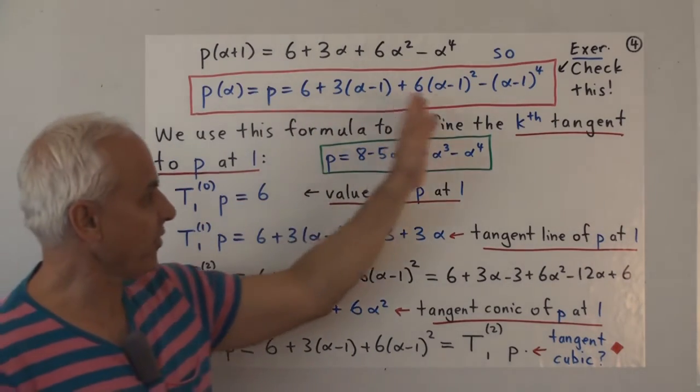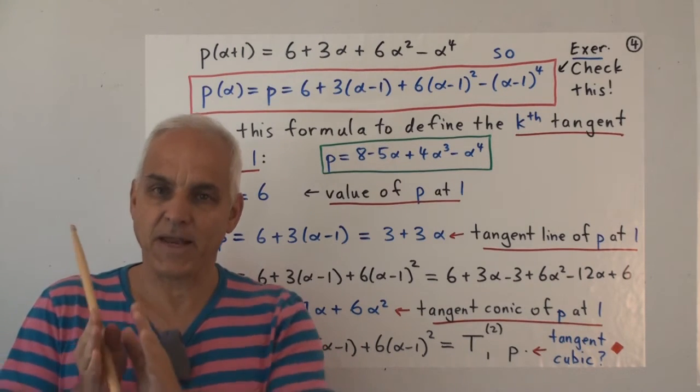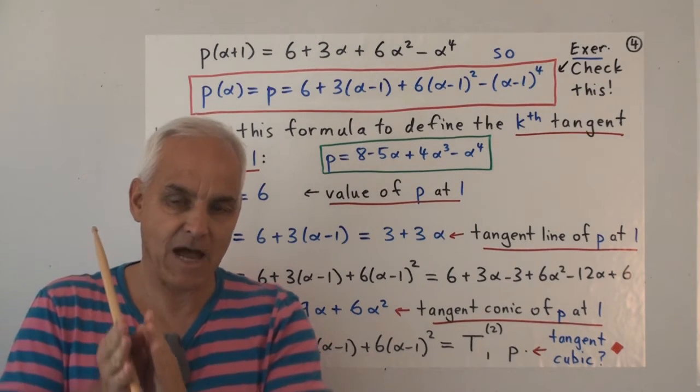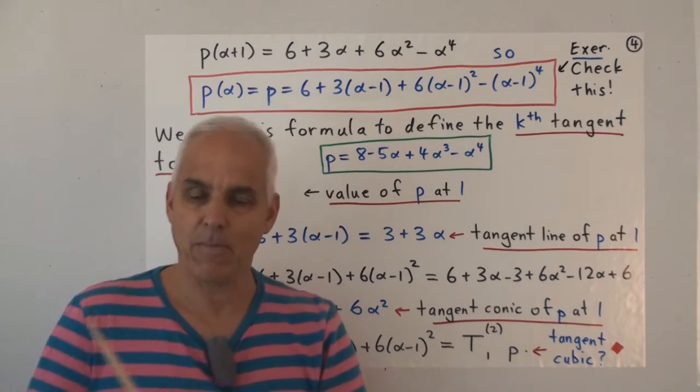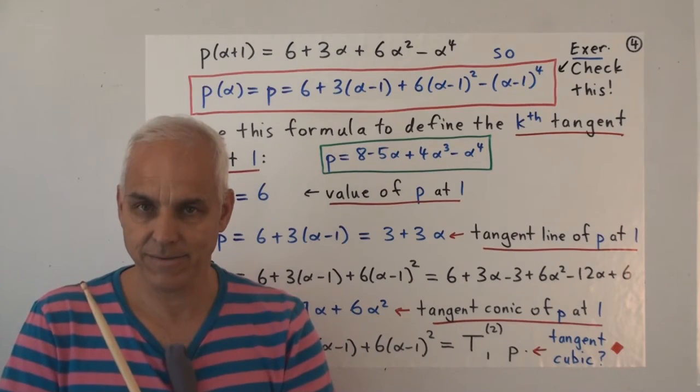Have a very good look at this. What have we done? We have rewritten the Pauli number so that it is not expressed as a sum of powers of alpha, but rather as a sum of powers of alpha minus 1.